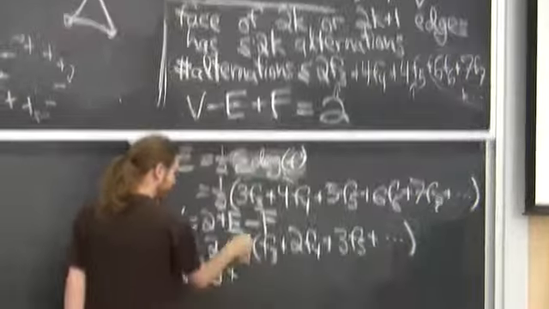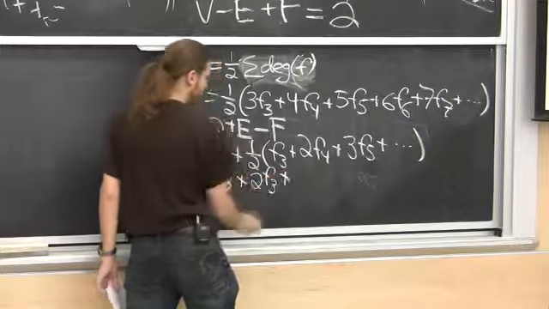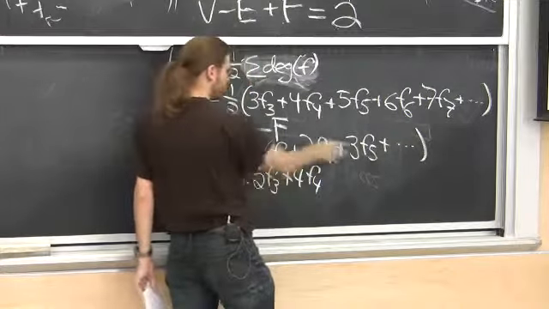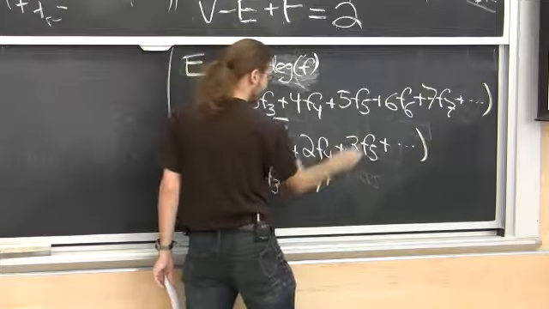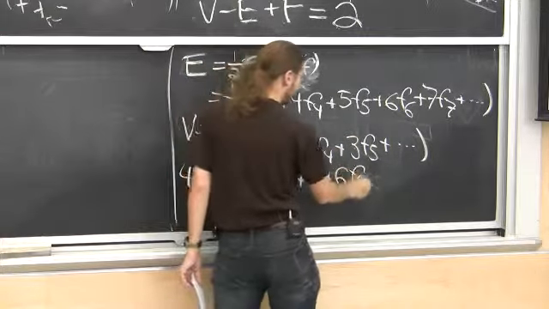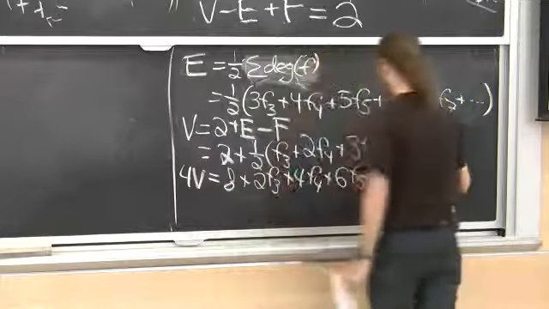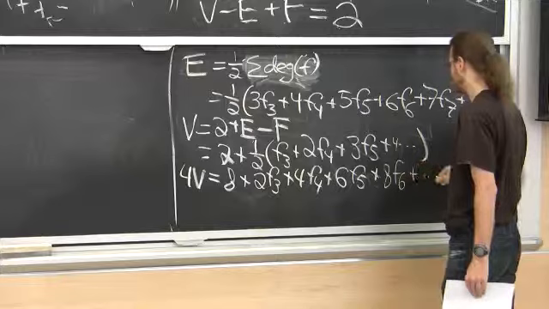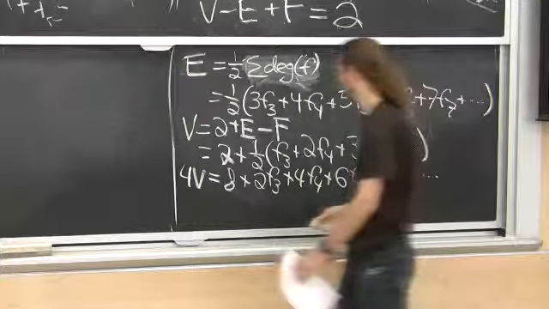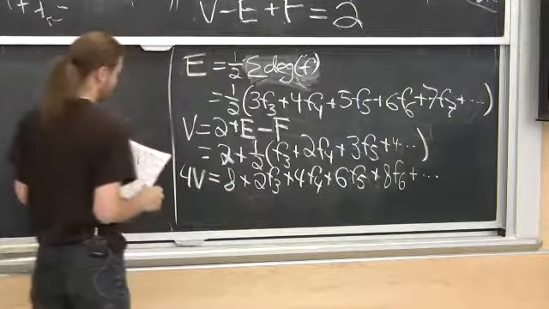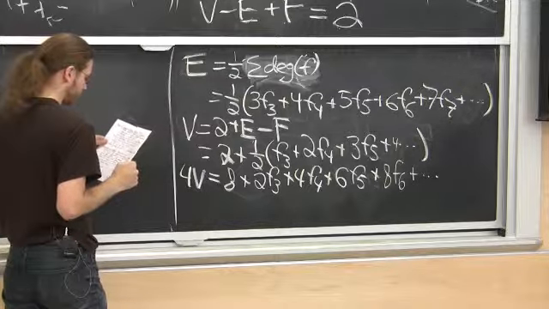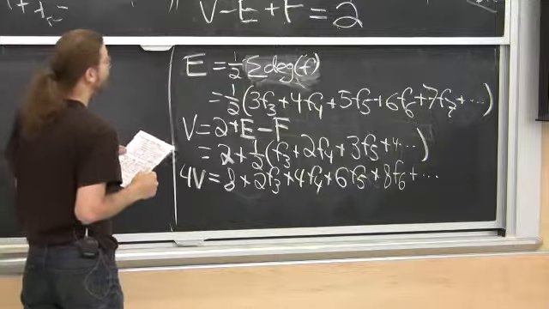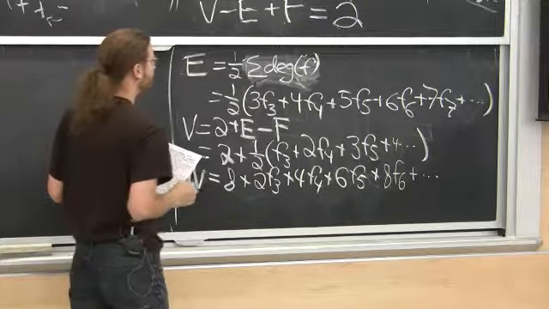So I get 2 F3 plus, oh boy, 1 times 4 times F4 plus, just double these numbers, 6 times F5 plus, what's the next one, 4, 8 times F6, and so on. All right. Yes. Okay, now,